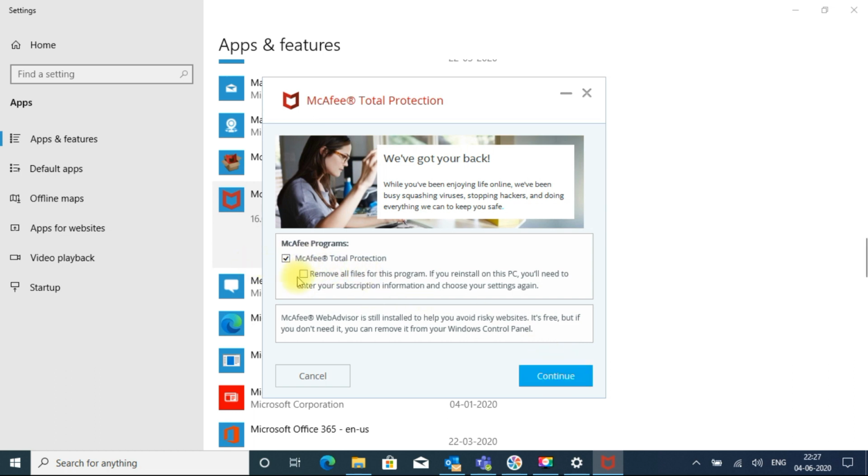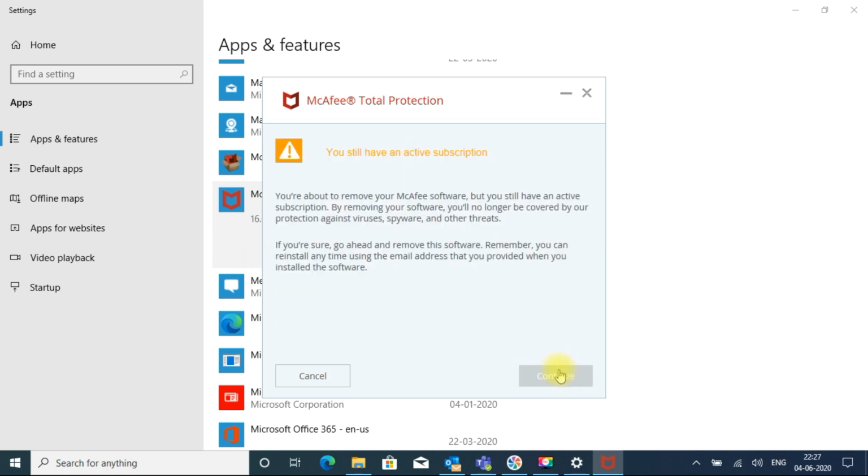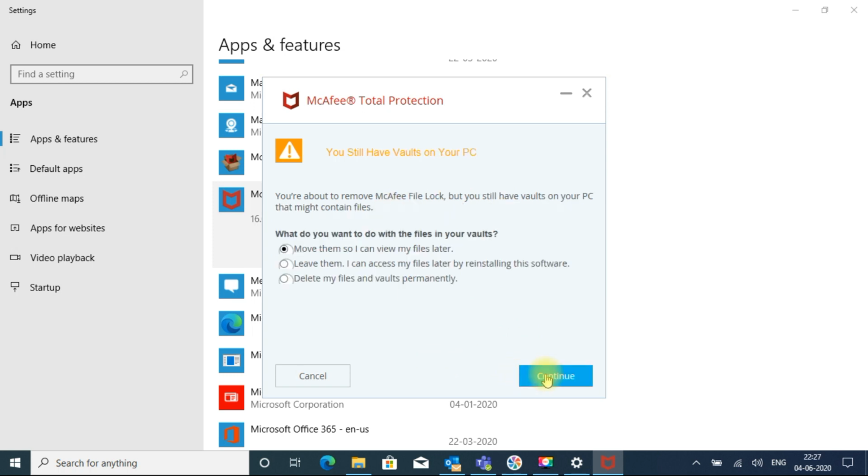I'm just uninstalling, not removing that. If you created any vault and want to delete it, just do that.